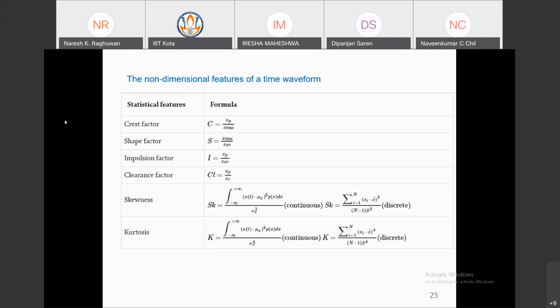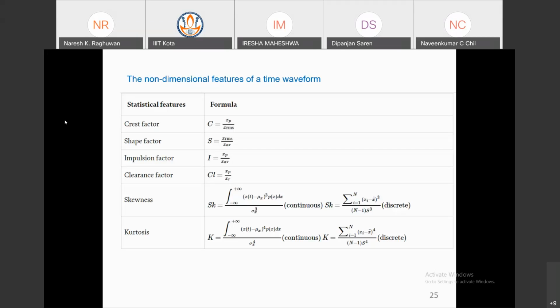To start the fault diagnosis analysis, just capture the time domain signal and then calculate some statistical parameters for healthy as well as faulty and compare these. Plot them in a graph. I will show you some graphs about these at the end. In the papers also, if you are doing research, the main problem is the signal. You can capture the signal with the help of an accelerometer.